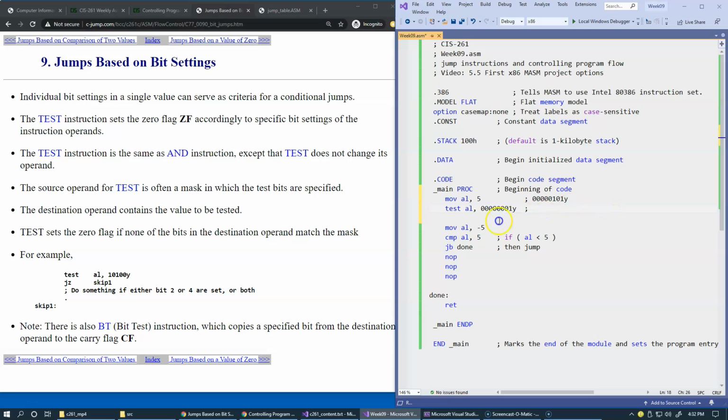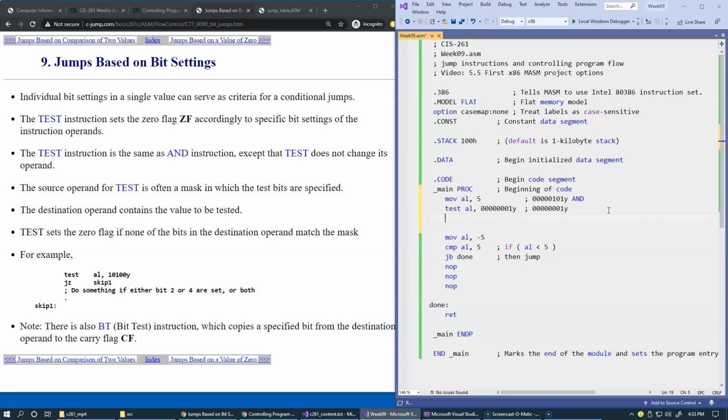And what this test instruction does is the ANDing, right? So it's the same as the AND operation, except that it does not change the left-hand side operand. If we use the AND instruction, it would update the operand. With test, it does the same as AND, but does not update anything. So in my case, what I'm expecting to be the result of AND should be essentially all zeros and 1 at the end. So as long as the result is non-zero, test can be checked by the outcome using